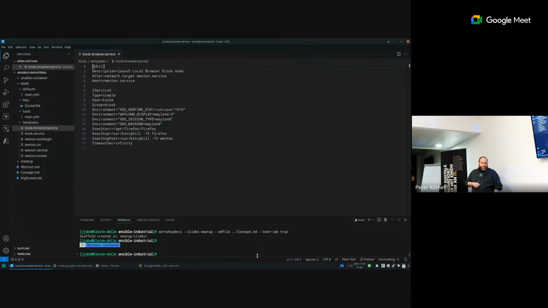Sounds a bit big, but it's kind of a journey, how you go from development to the factory and beyond, basically. But before I start, I have noticed there's a lot of interest regarding Ansible in